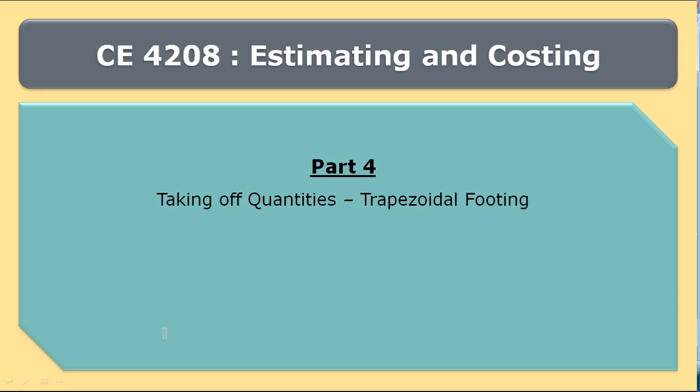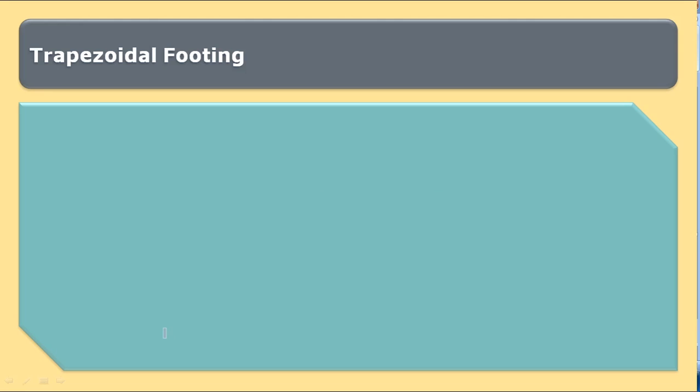In the previous session on the course of estimating and costing, we have studied how to calculate the detailed quantity of a few of the civil engineering work. In this session, we are going to study how to take off the quantities for trapezoidal footing. Trapezoidal footing is one of the common civil engineering items, and it is important to know how to calculate the